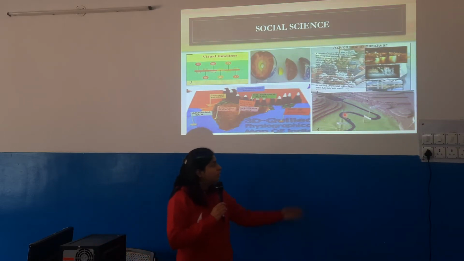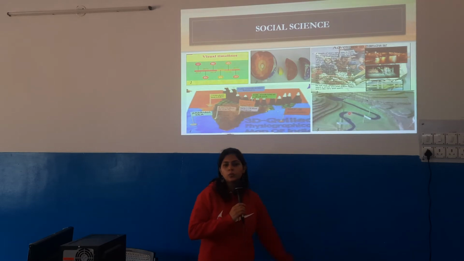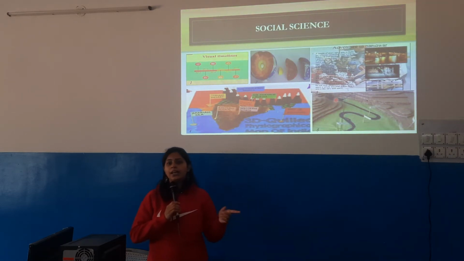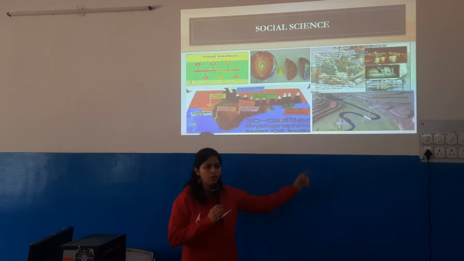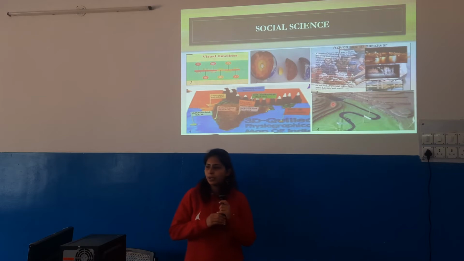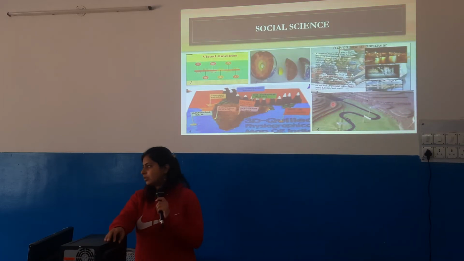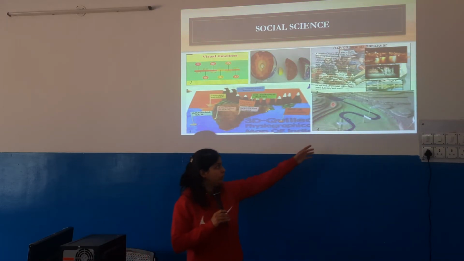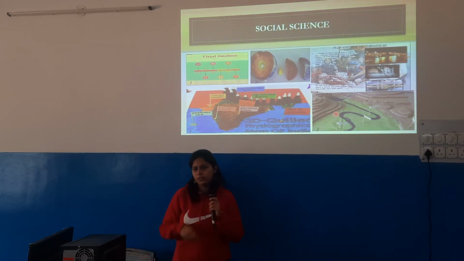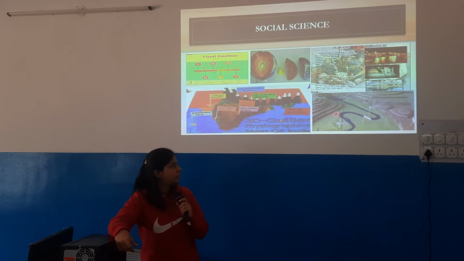Fifth, again, this is a picture of drainage where different river courses have been shown. It is again a 3D diagram, you can say, a 3D model the child has made, again with the help of waste, cardboards and paper, and it was well presented at standard 7 level. I think this was a 7 and 8 level when I was collecting.